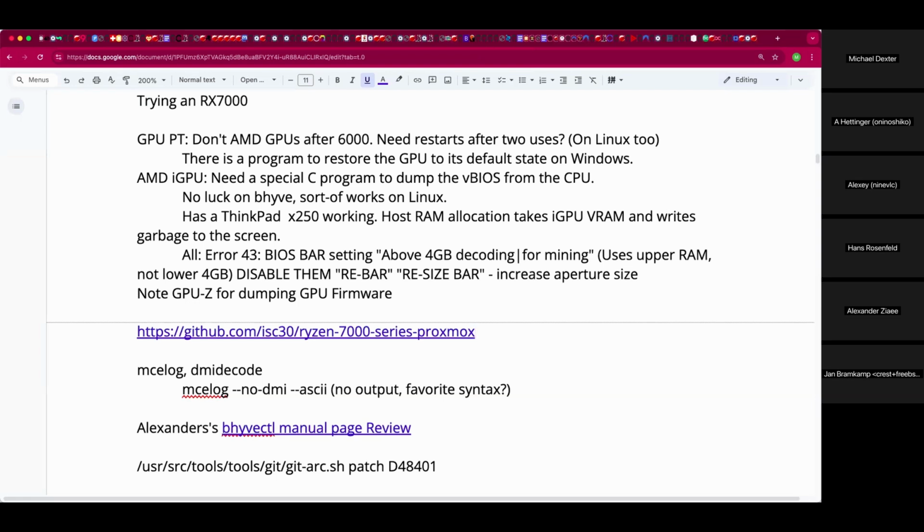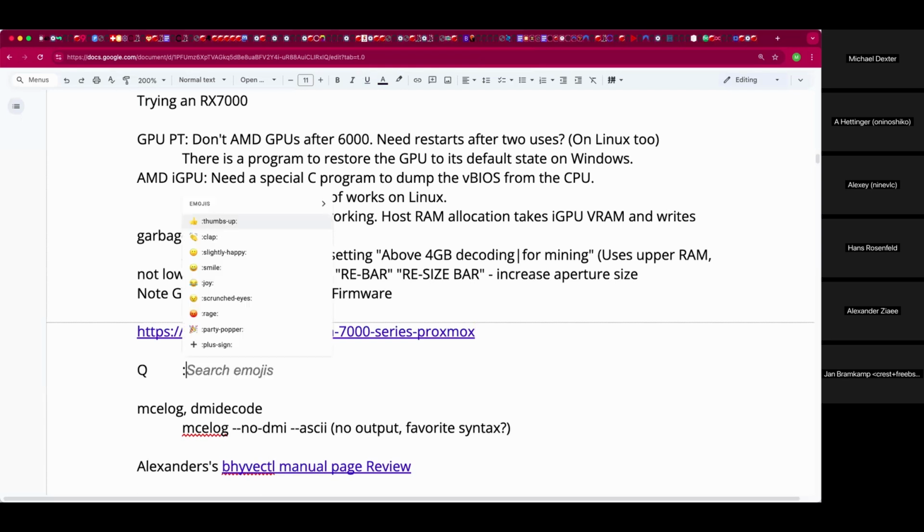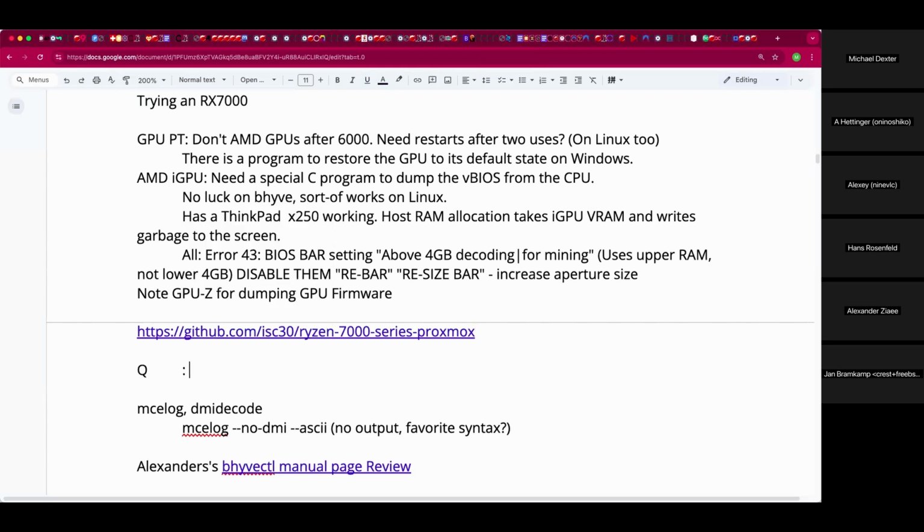Someone's got a ton of knowledge on their hands. I have a question: would it make sense, if it's possible, to have a minimal Linux guest ISO which would only dump the BIOS to a 9p mount or something? Ooh, I like that thinking.